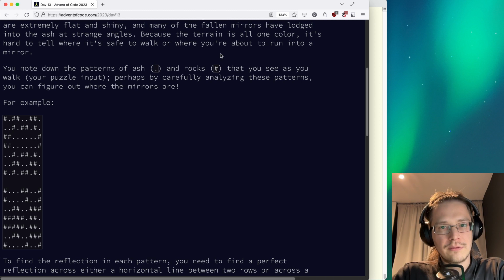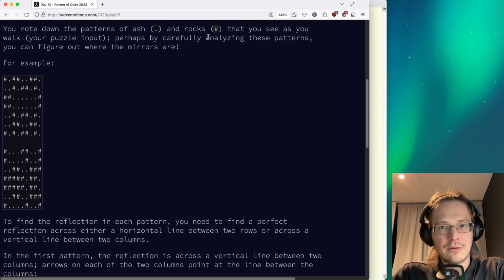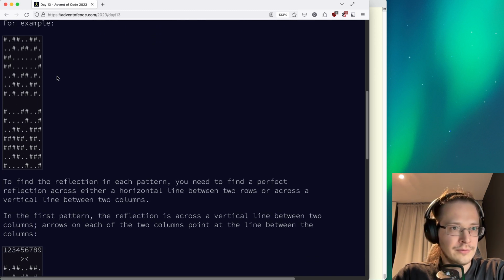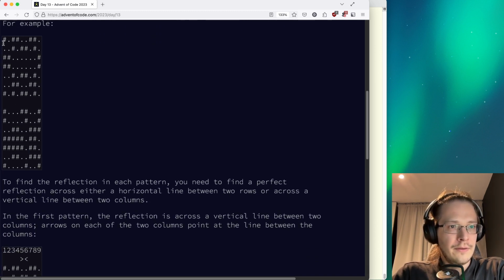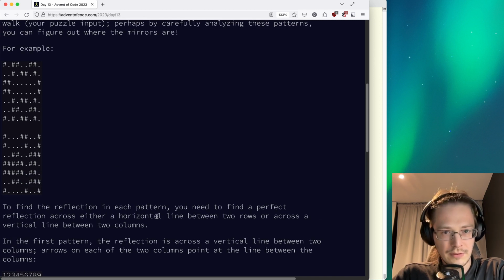Because the terrain is all one color, it's hard to tell where it's safe to walk or where you're about to run into a mirror. You note the patterns of ash and rocks that you see as you walk, your puzzle input. Perhaps by carefully analyzing these patterns you can figure out where the mirrors are. For example, to find the reflection in each pattern, you need to find a perfect reflection across either a horizontal line